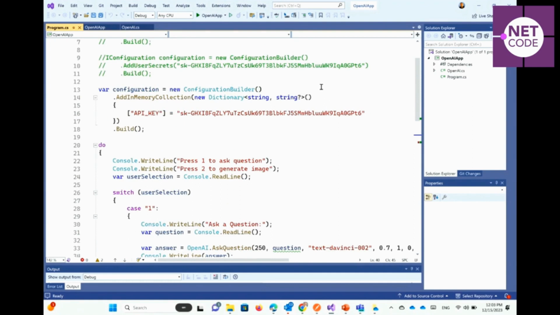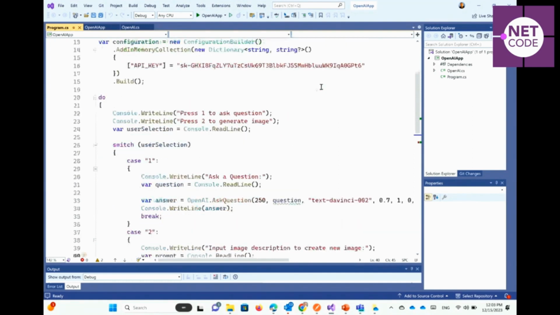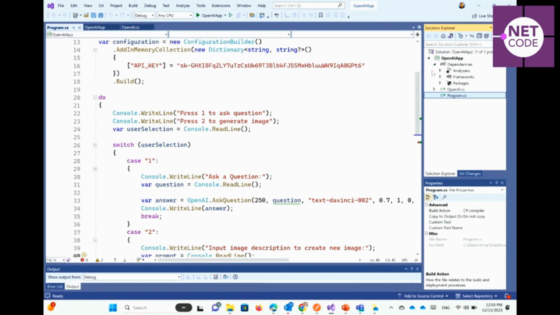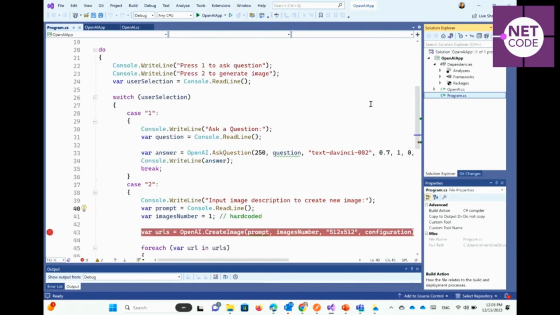I just need to add my credentials and need to have into dependencies, where was it here? OpenAI libraries which are actually available from several independent vendors. Here I'm using one of these. Let's try